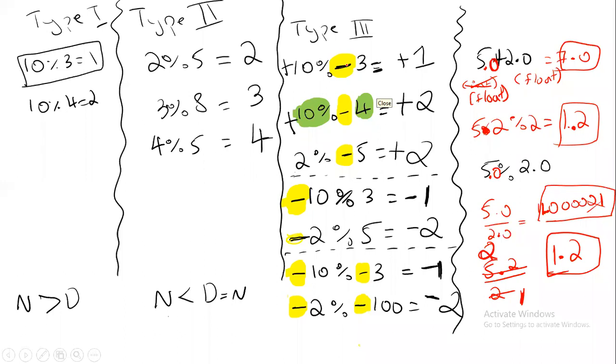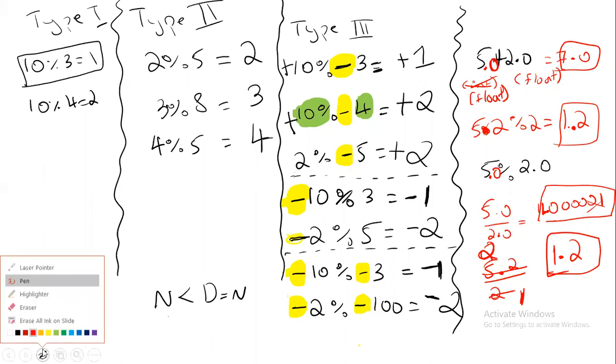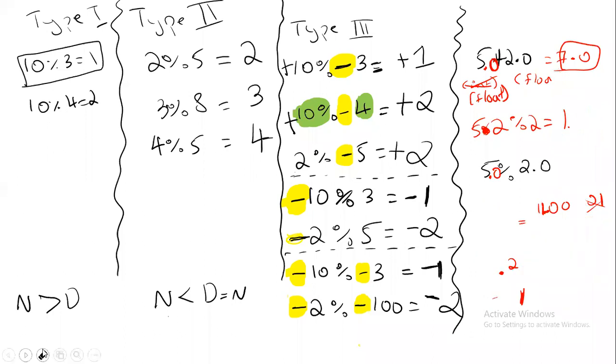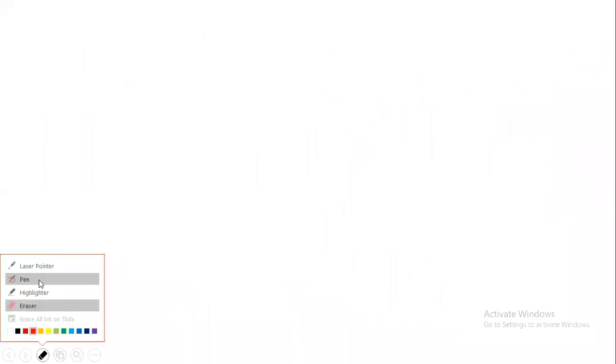Okay, so I would like to give one last example here. I think you have taken the screenshot. I think I have given only one example for the floating value. Let me give one more example. Maybe what I'll do is I'll erase all. So let's give one more example.